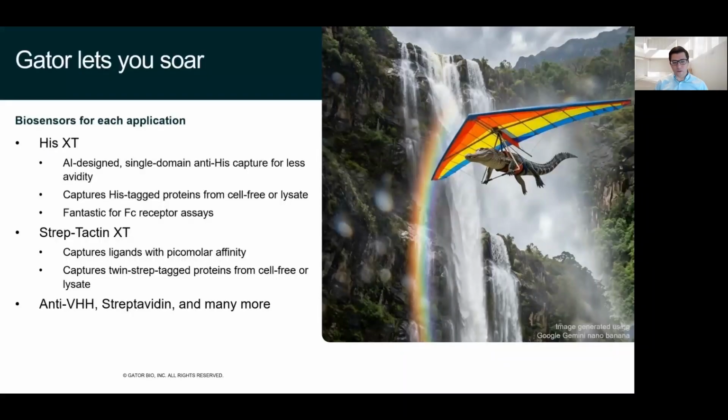We also offer Strep-Tactin XT biosensors, which I think are one of my favorites, and you're going to hear more about them from Cube Bio here in a minute. These biosensors capture ligands with picomolar affinity, making them a top-tier choice for a variety of these AI workflows. We offer a variety of other biosensors as well, like anti-VHH and streptavidin, as well as many others, depending on